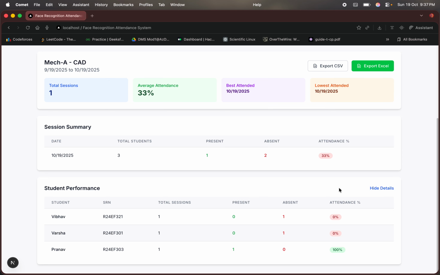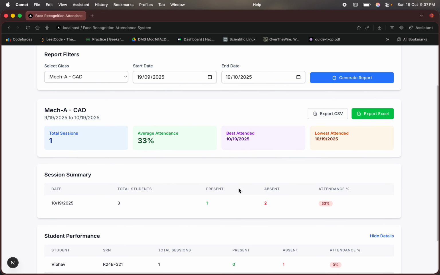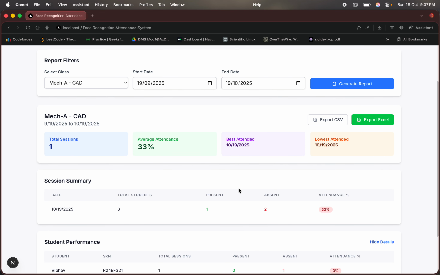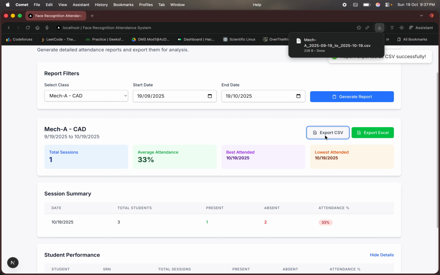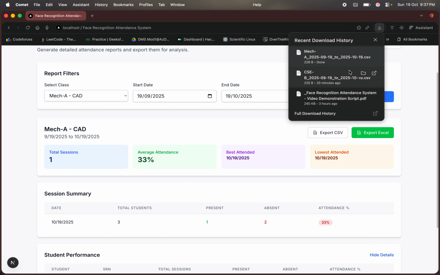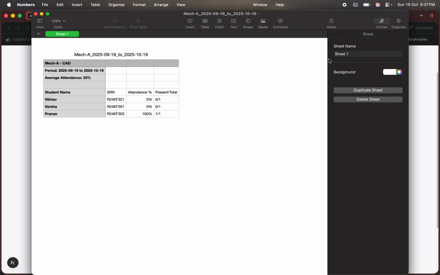Now, do we need the data in a spreadsheet format? No problem. We can export any report in the form of a CSV file with just one click. This is perfect for record keeping and importing it into other systems. The CSV includes all relevant information, student names and registration numbers, dates and attendance status, formatted and ready for further